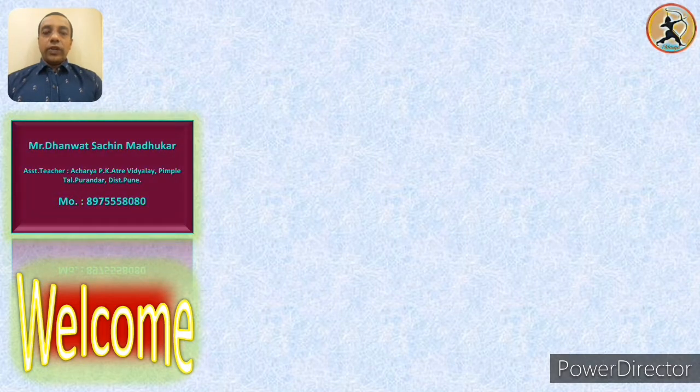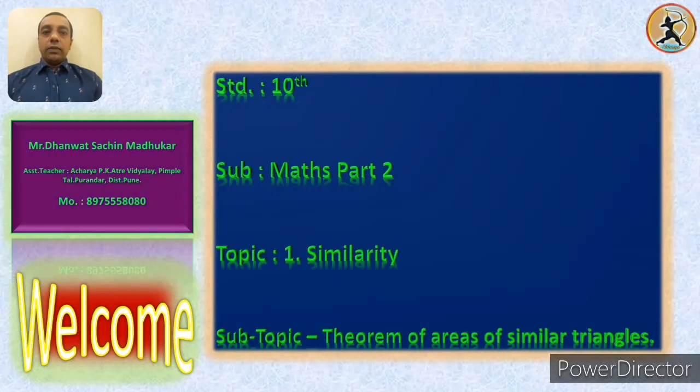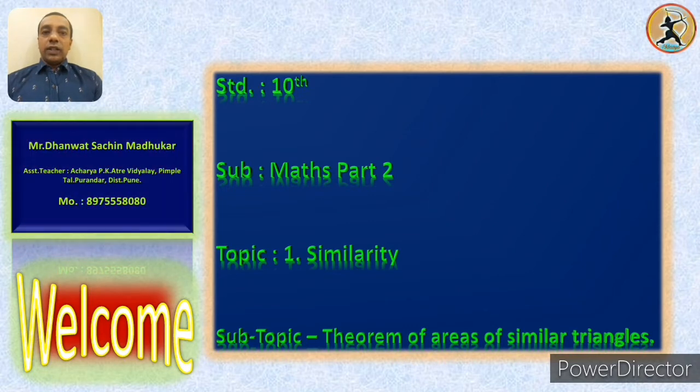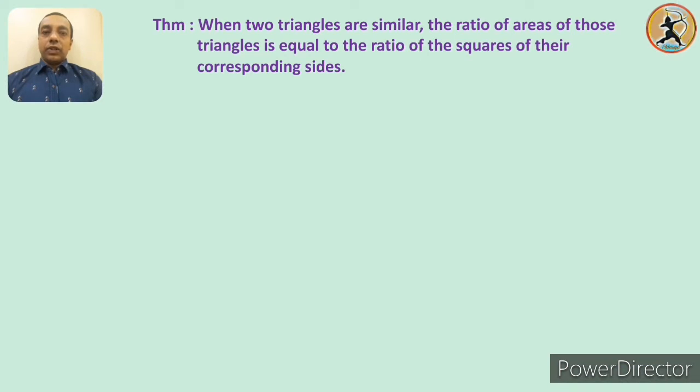Students, today we are going to learn the theorem of areas of two similar triangles from the Maths Part 2 of standard 10. So let us learn the theorem. The statement is given over the screen. When two triangles are similar, the ratio of areas of those triangles is equal to the ratio of the squares